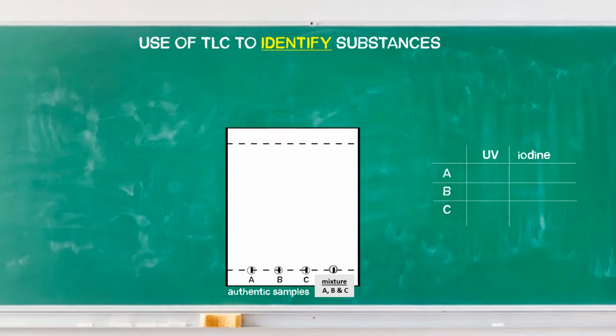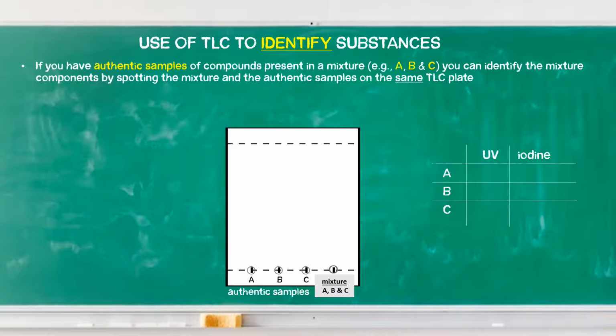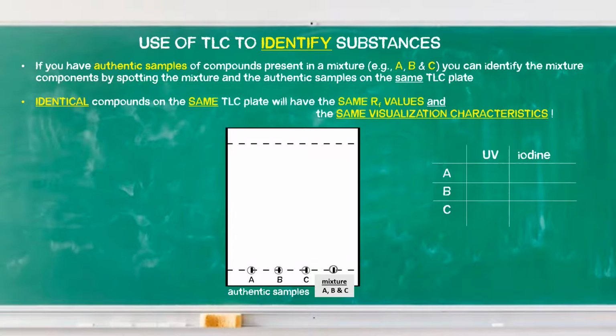TLC can be used to identify substances. For example, if you have authentic samples of compounds that you know could be present in a mixture, for example, in this illustration, the mixture consists of compounds A, B, and C, you can identify the mixture components by spotting the mixture and the authentic samples on the same TLC plate. Identical compounds on the same plate will have the same RF values and the same visualization characteristics. So each mixture component should travel the same distance and exhibit the same visualization characteristics as the corresponding authentic sample